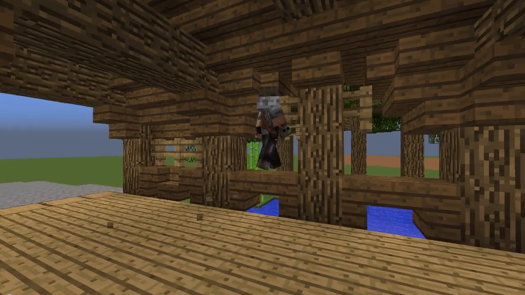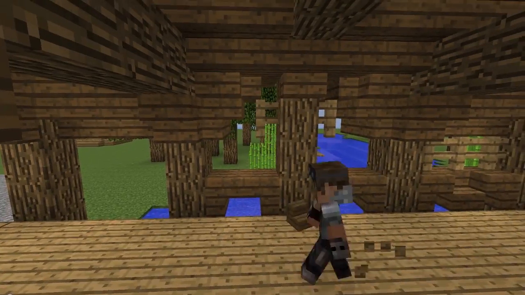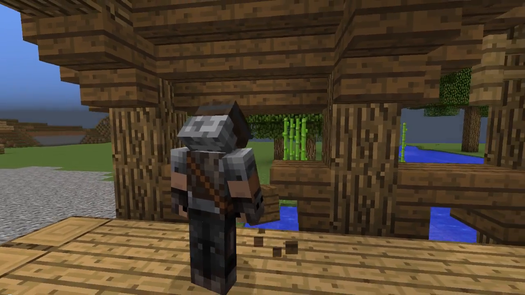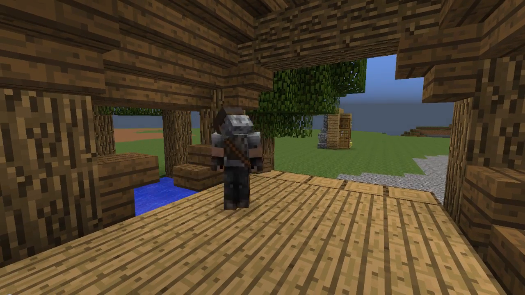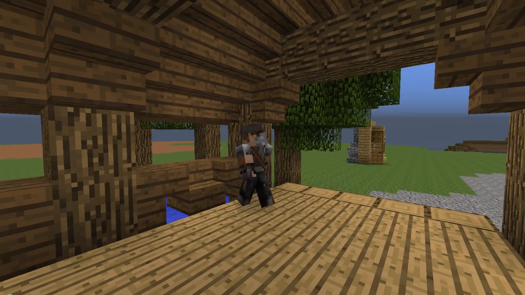Just so they have a better view, because they still can't get out of the bridge. That's kind of what you want to go for. Yeah, you don't want anyone falling off the bridge. So we'll do the same design on this side as we did on the other side. Then we'll put the fence in,